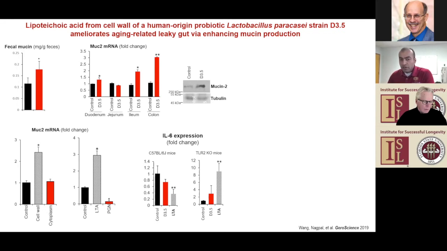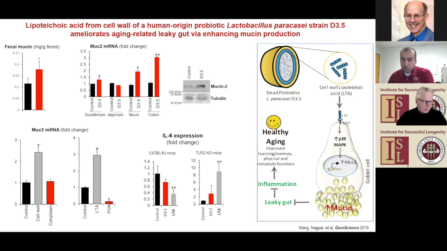So clearly we did a bunch of more studies, and what we found was that this heat-killed Lactobacillus paracasei strain, which was isolated in our lab, was showing its effect because of its cell wall lipoteichoic acid moiety, which we can call a postbiotic. So postbiotic is a new term being used to refer to the metabolites or parts of the probiotics through which these probiotics work.